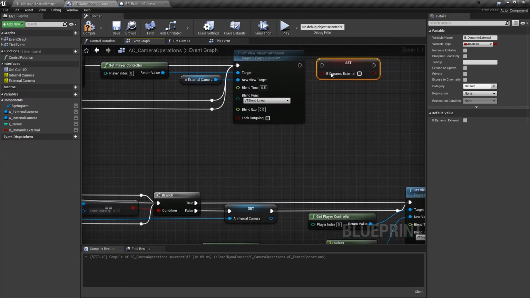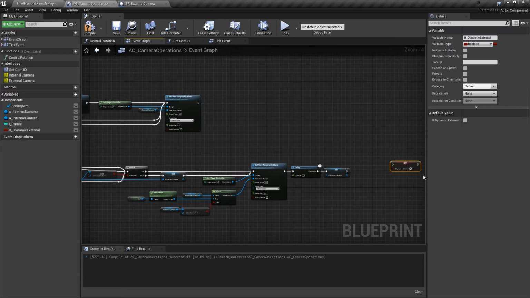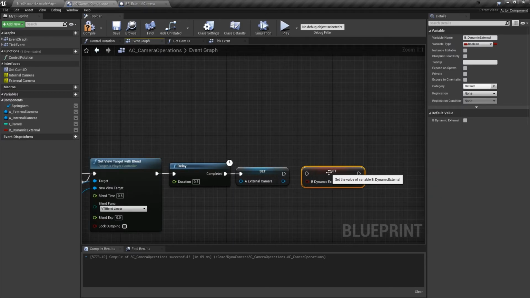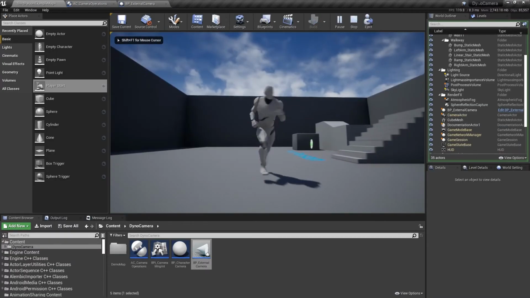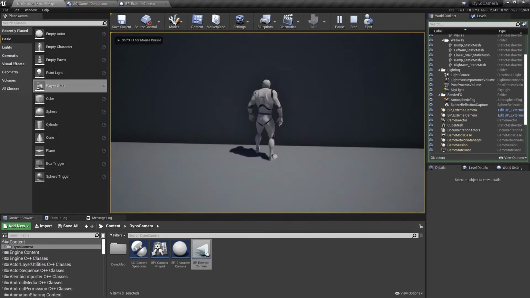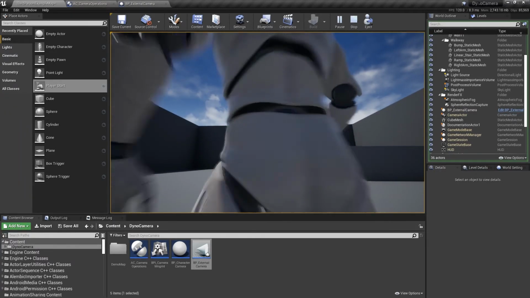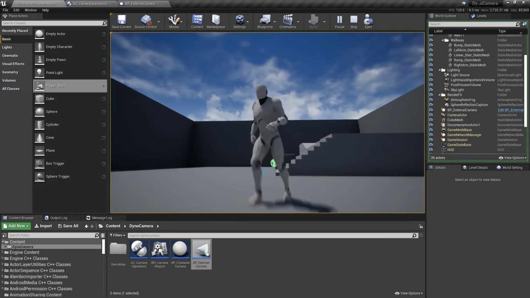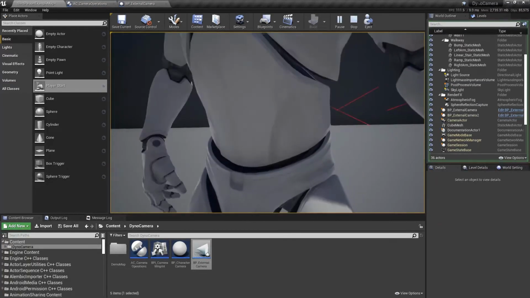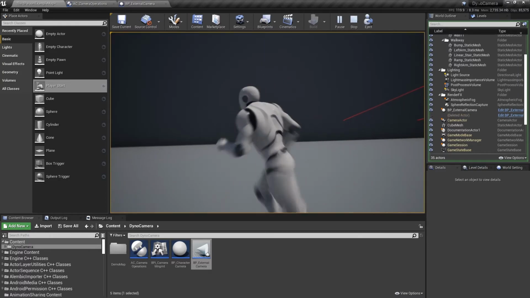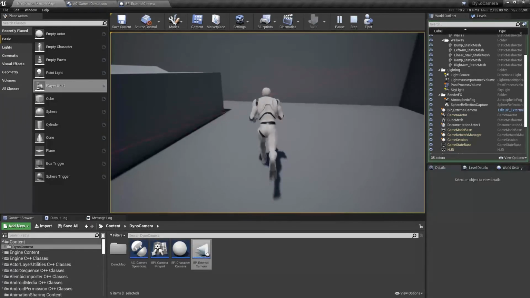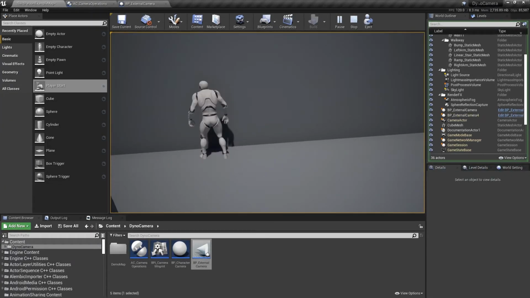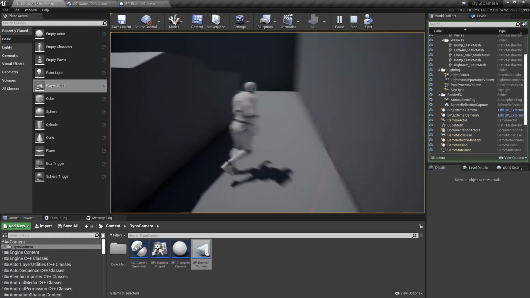Instead we add it to the other section so that we reset this value only when we end up in the first person camera again. And because of that, it won't keep triggering over and over. It will just be there once and then come back up, and we just made ourselves the dynamic camera. I think that was the shortest tutorial of the section, and it's not without problems, but